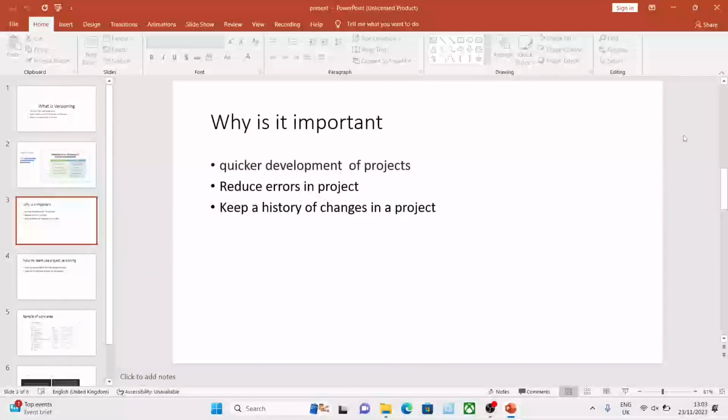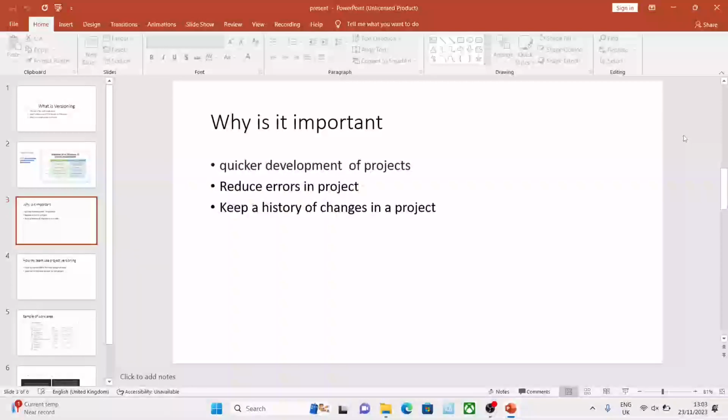Why it is important, outside of being used to create a better version of the product, is that it helps to speed up the development of projects by having the ability to look at the older versions of a project. You can see where you went wrong and quickly change it.